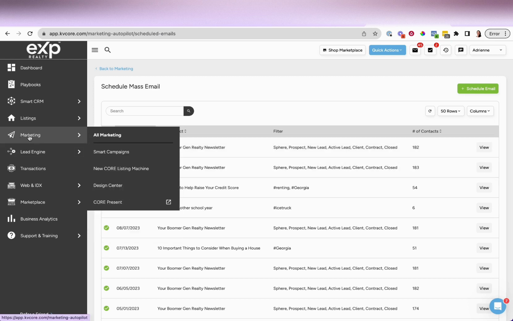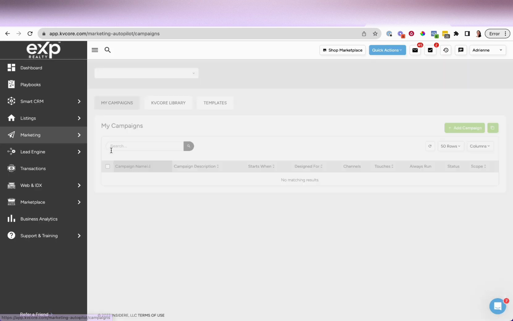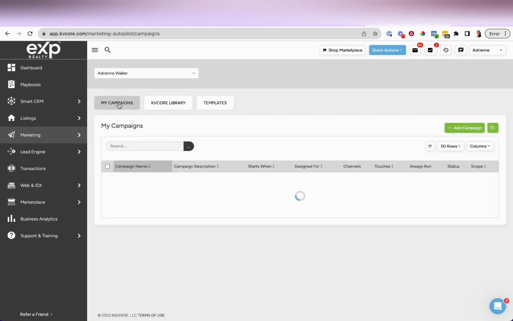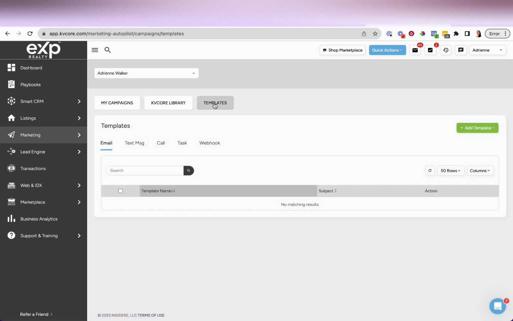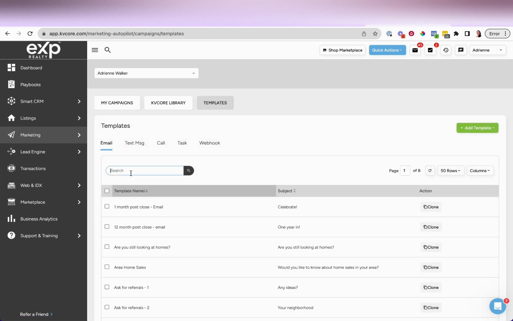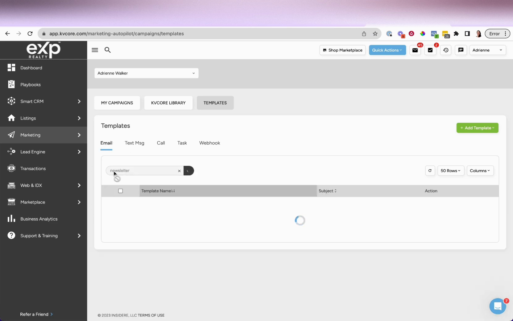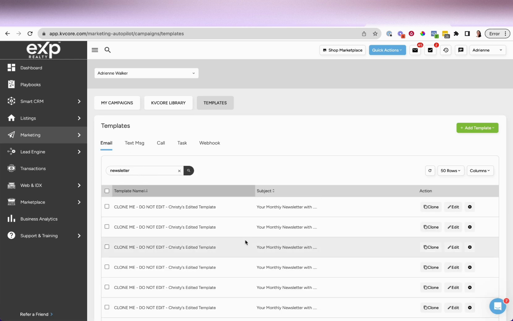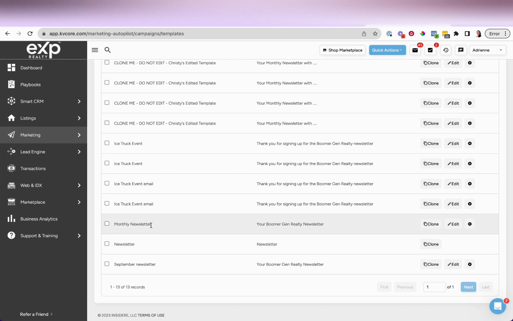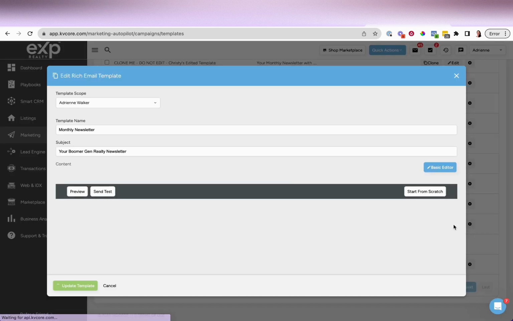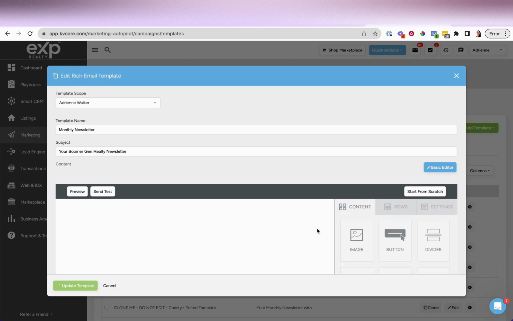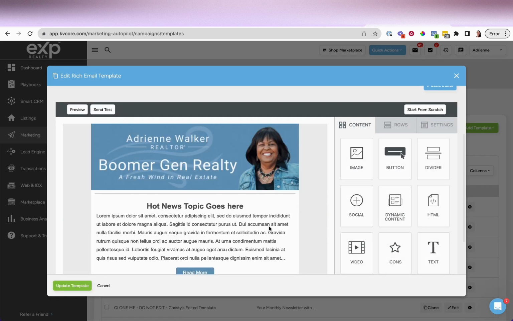to find your newsletter template, you'd go to Marketing, Smart Campaigns, and then you'll see the 3 tabs up top. You want to click on Templates, and this is for all templates that you have. So maybe your testimonial request email, you can find all of those in here. So I would just search for newsletter. You can see we're on email here, so we're looking for an email template under newsletter, and then you would just find your monthly newsletter, click the edit button, and it's going to open up the advanced editor for you to edit the